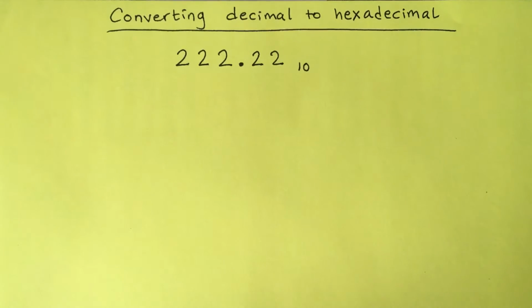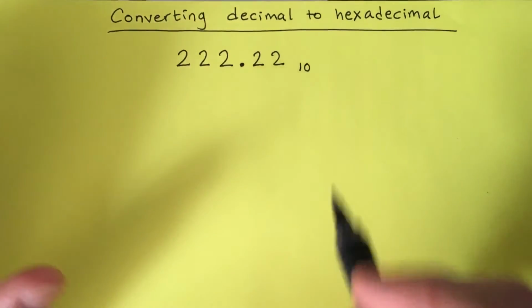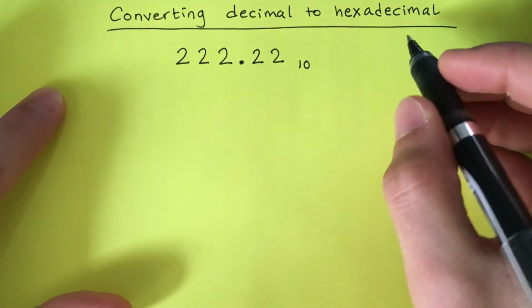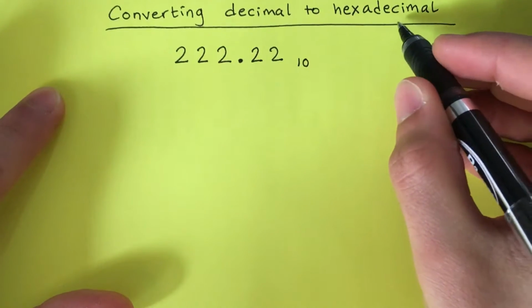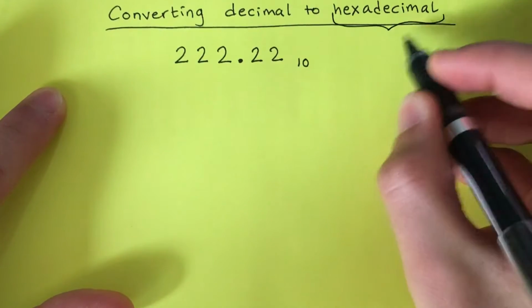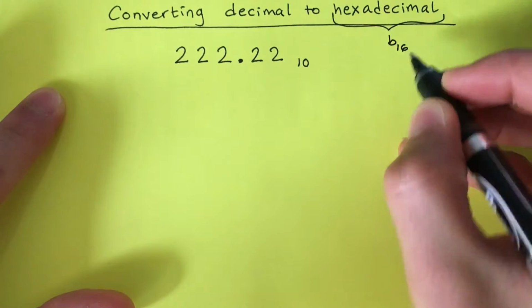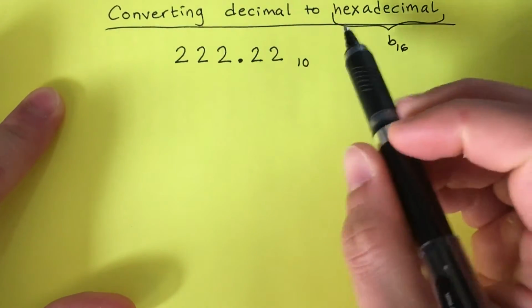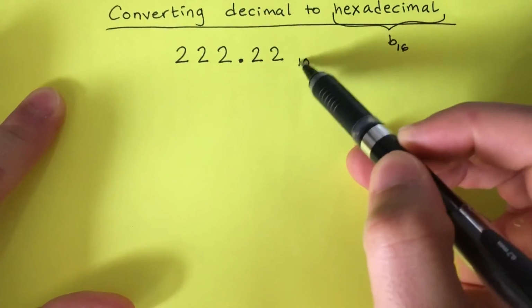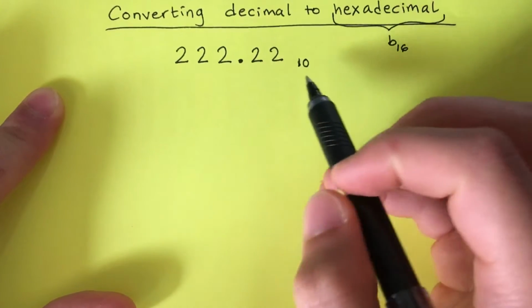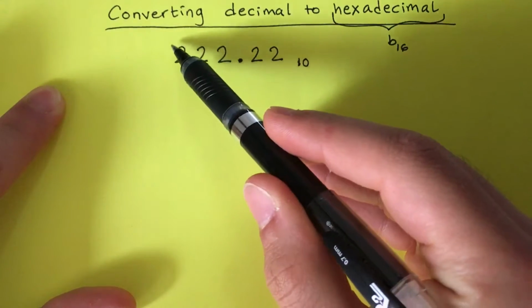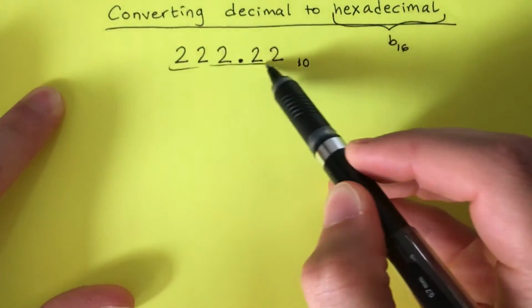Hey everybody, so in this video I'm going to be showing you how to convert a number that's in decimal form to hexadecimal. So hexadecimal is just the title of base 16. So this right here is pretty much the same as saying base 16. As you see right here, I have a base 10 subscript, just letting us know that this number right here is in